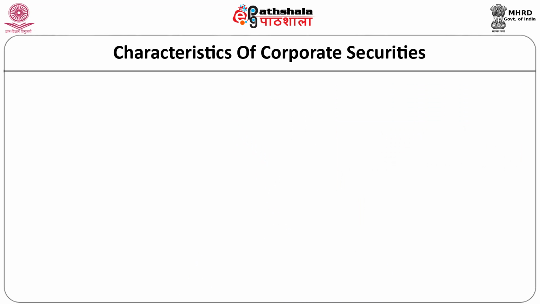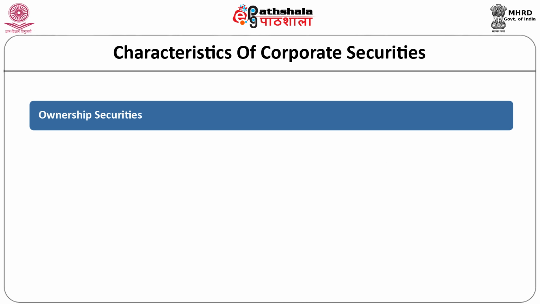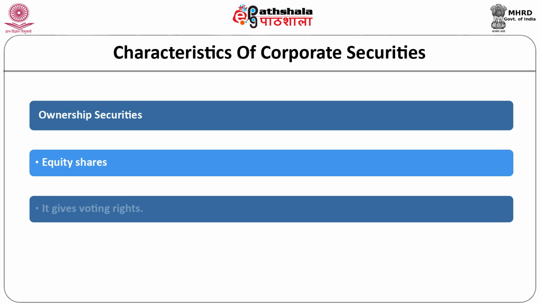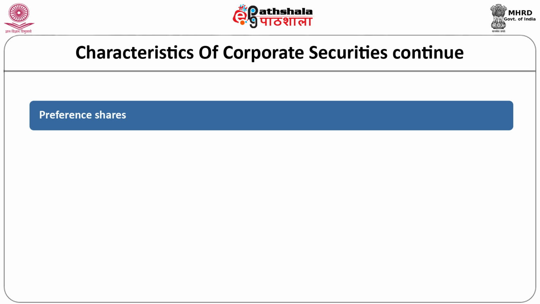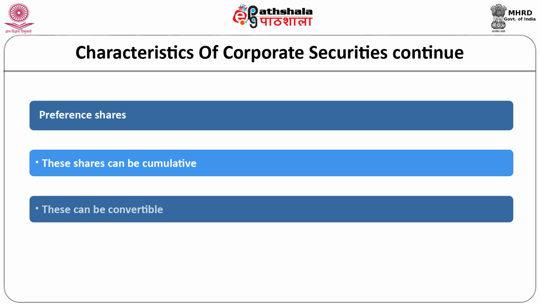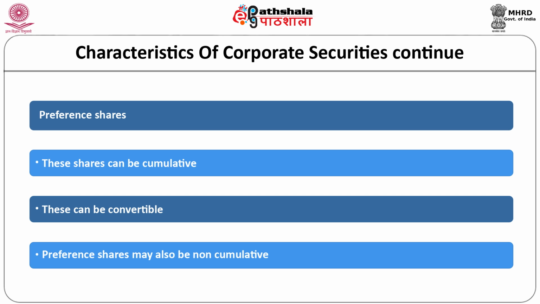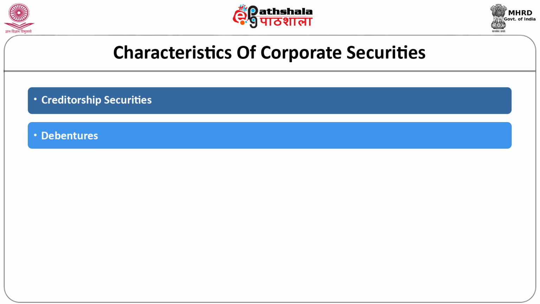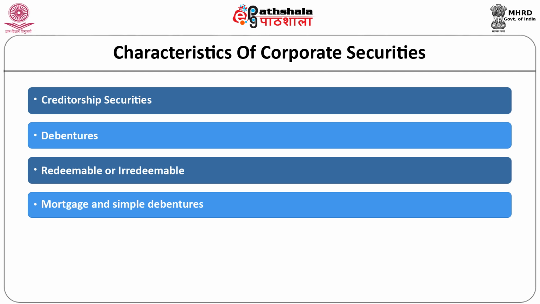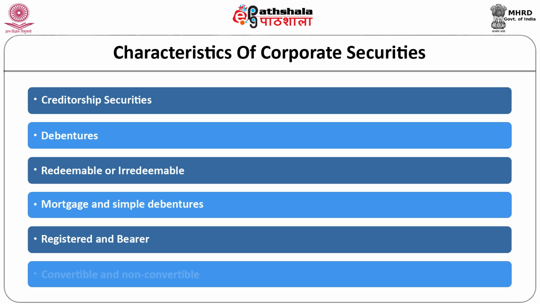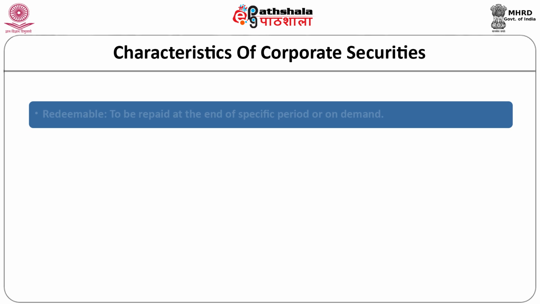Characteristics of corporate securities. Ownership securities: equity shares. It gives voting rights. It gives differential rights as per the prescription. Preference shares: these shares can be cumulative. These can be convertible. Preference shares may also be non-cumulative. Creditorship securities: these are debentures, redeemable or irredeemable, mortgage and simple debentures, registered and bearer, convertible and non-convertible, redeemable, to